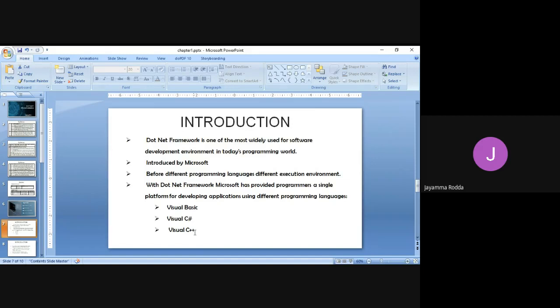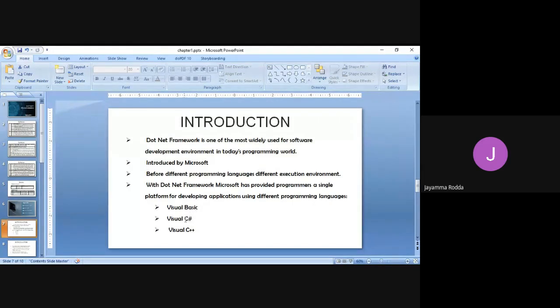Basically, these three languages we are going to discuss. The code written in one of these can be executed in another. This we call integration.